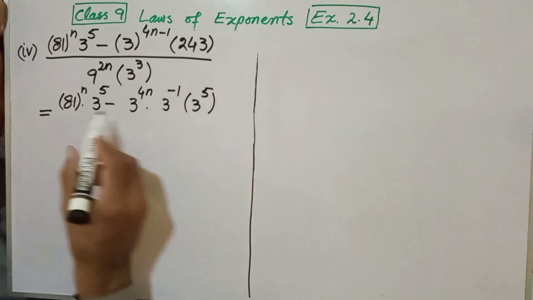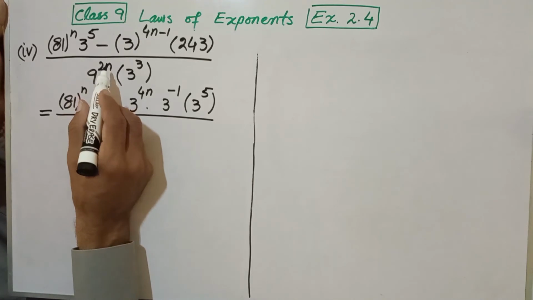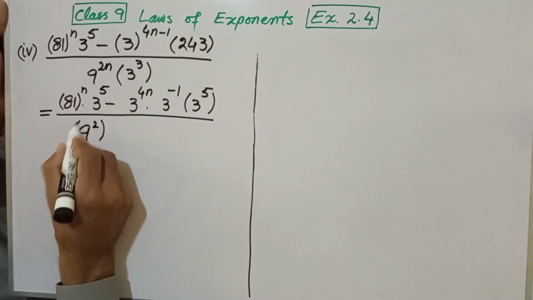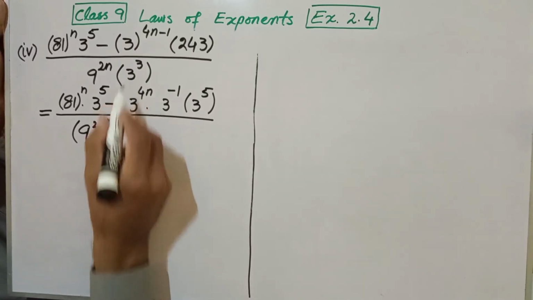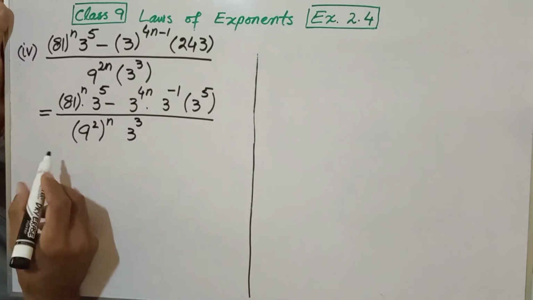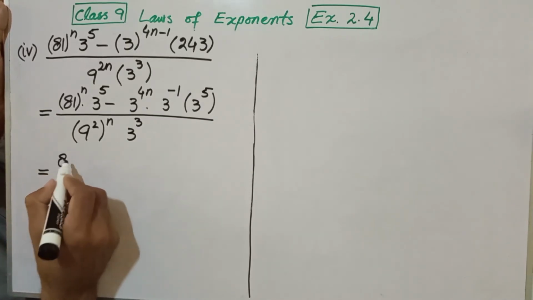This is 243. 9 power 2n can be written as 9 square whole power n, and 3 cube. Further simplifying,